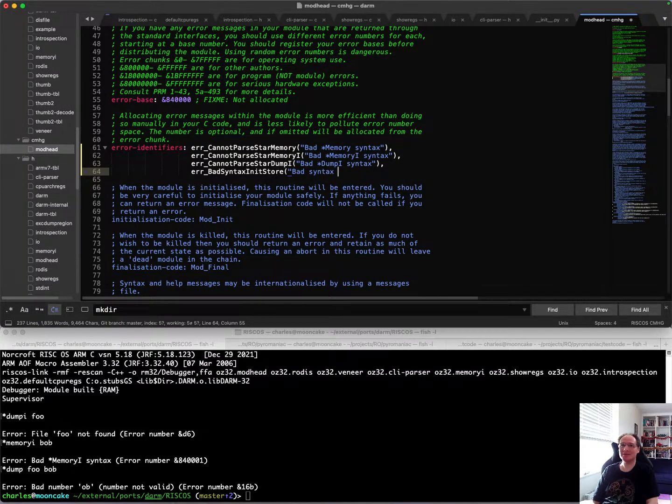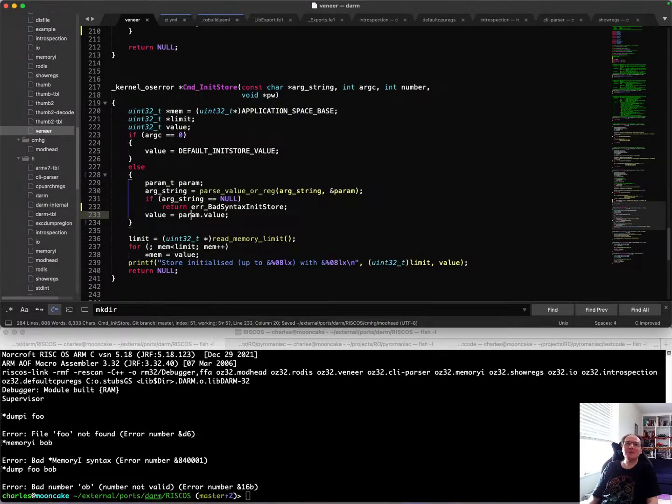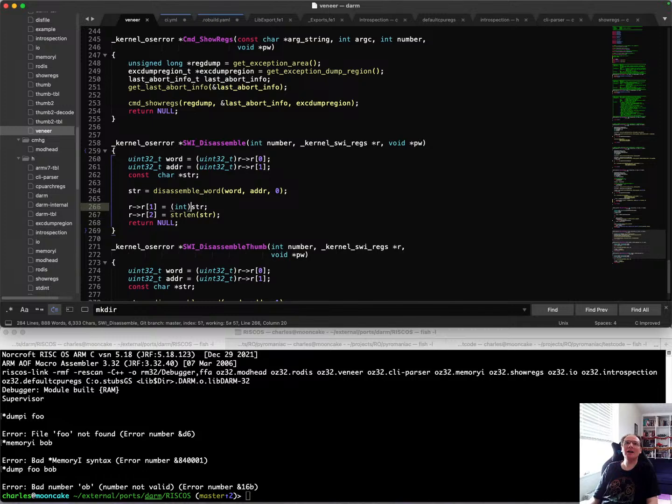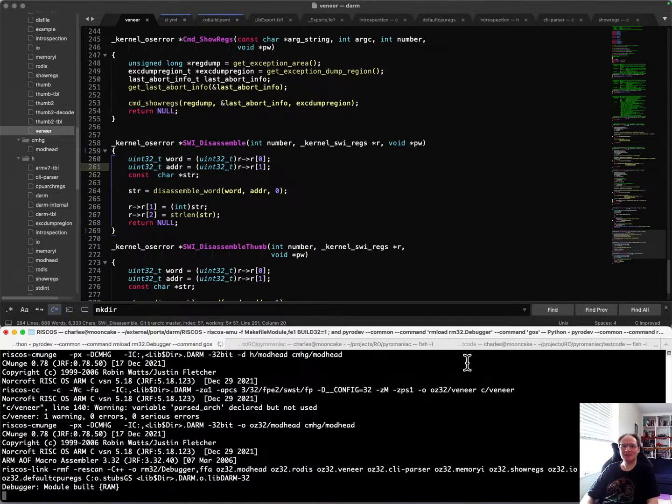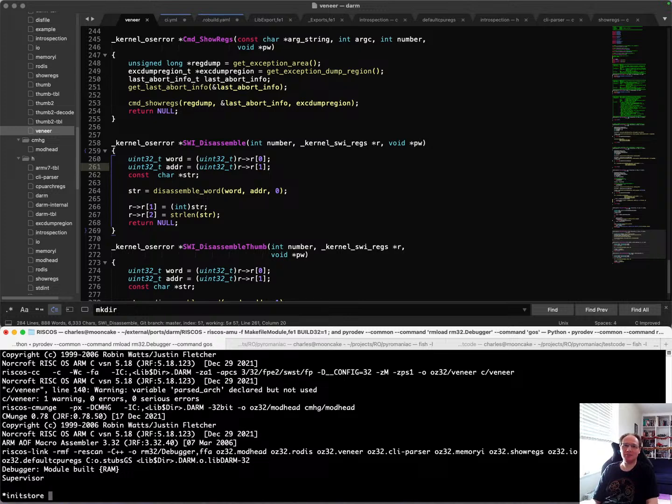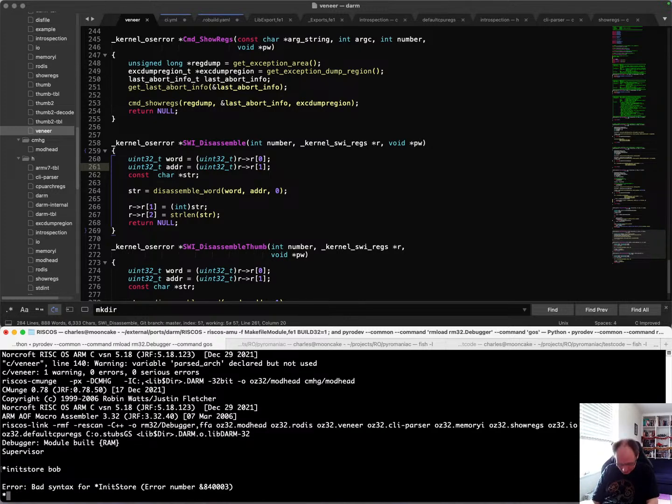Bad syntax for start init store. I'm not sure these are really particularly good error messages, but they'll be fine for now. Right, that was init store. And show regs we already know has a syntax error because it's just the standard syntax. Okay. Let's just quickly do init store and then we'll be good. Init store Bob. Bad syntax. Cool. So that gives us